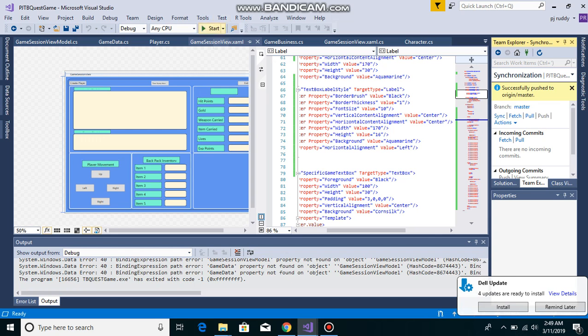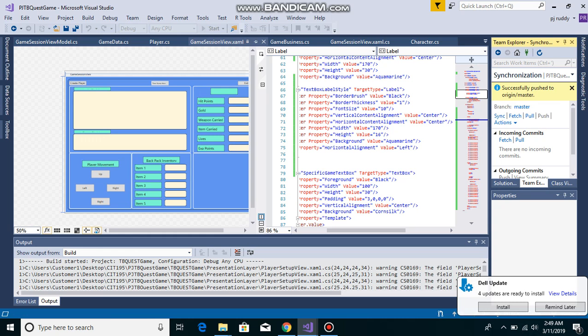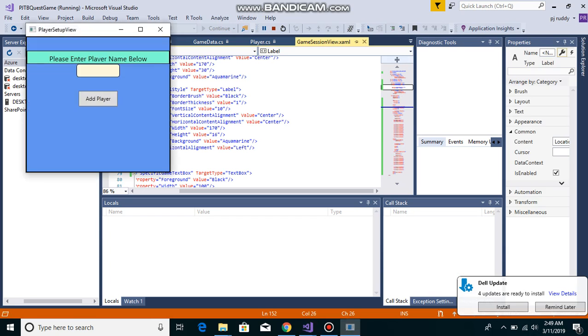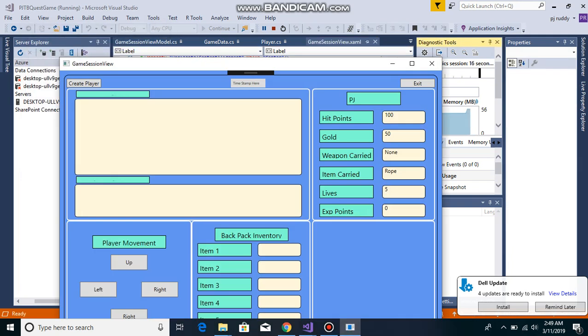And just a quick little run through. I do have a player setup window. As of right now, it's just adding a name, and once the name is added, it does go to the main window where it does display the player's hit points, gold,